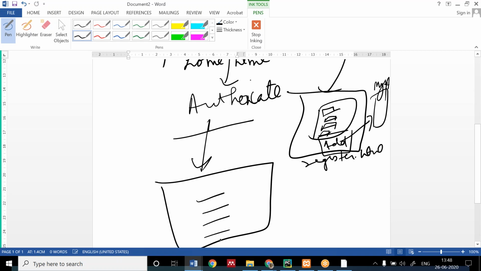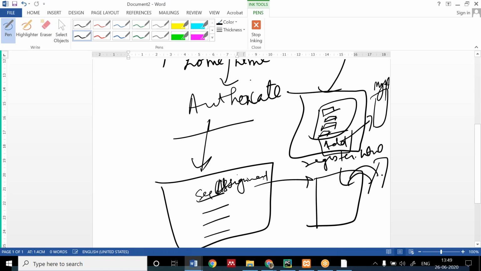We can have different fields for that. Some examples: see classwork, see assignments. When you click on see assignments, you are able to see your assignments from the database, which the teacher has filled. Or see your friends. You have added some friends in your list on the website, and it will be in the database.